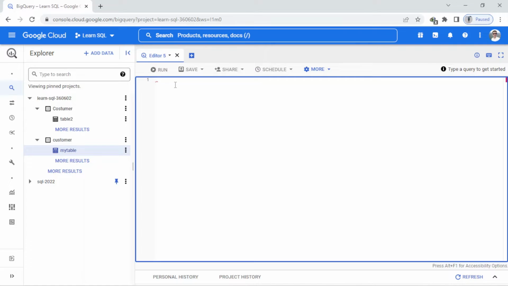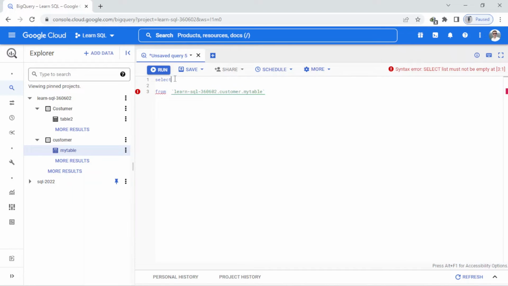So the first one is SELECT, then FROM, and here for FROM I have to extract the table. My table, so it's my table, and here the last one is WHERE, that sometimes we need it and sometimes we don't need it. So here I want to find the length of the country, so I just come here